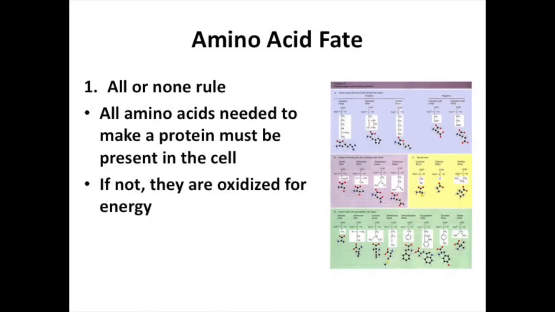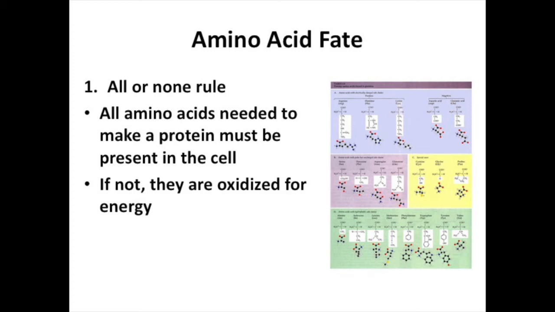So one of the things is what's called the all or none rule. Say we want to build a protein that takes 100 specific amino acids to do it, right? I need 10 threonines, and I need 10 asparagines, and I need 6 thymines, whatever the recipe is to make that protein, and you are one amino acid short. If you do not have all of the components to make that protein, your body will not make it, because